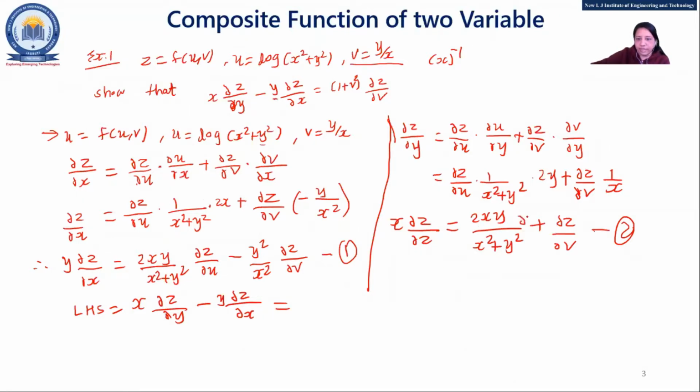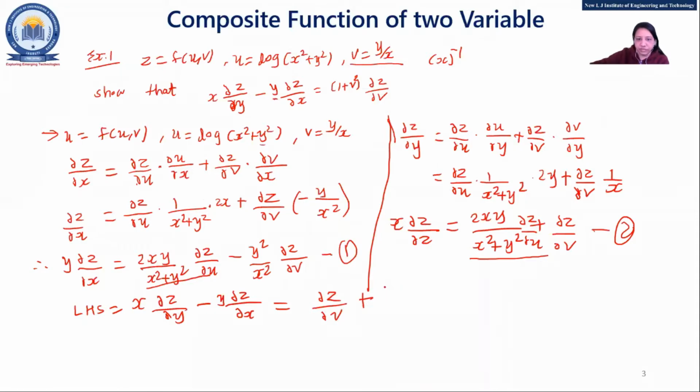Here del z by del u. Okay, so some portions are supposed to be cancelled out. Which one? This and this, I think. Del z by del u, yes, this, right? This minus this is supposed to be cancelled out. Now we'll write the remaining one, del z upon del v